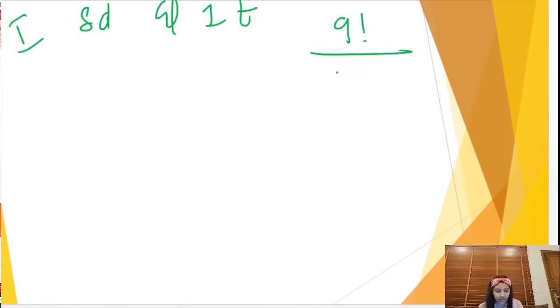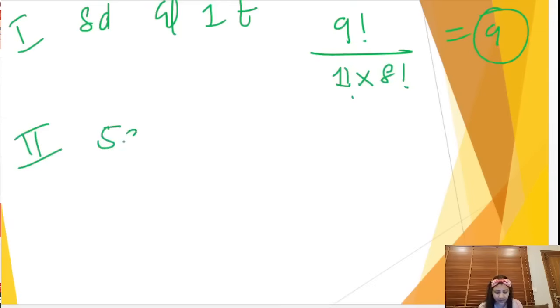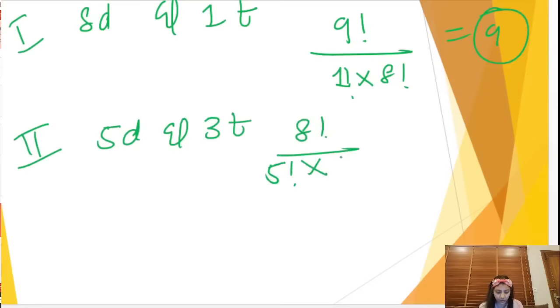And in how many ways can it be done? (n minus r) factorial into r factorial. So r is 1, n minus r will be 8 factorial, so this will be 9. From the second arrangement we have 5 doubles and 3 triples. So this is 8 factorial upon 5 factorial into 3 factorial, which comes out to be